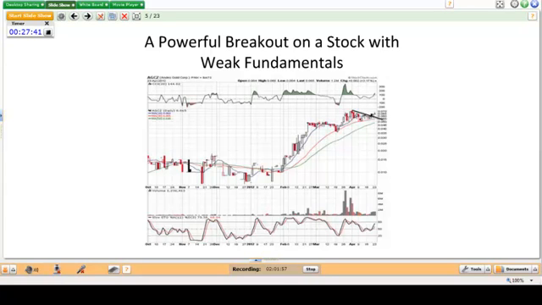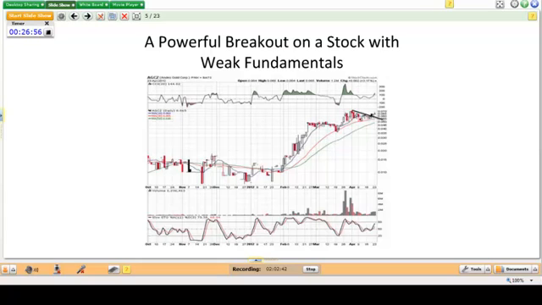This was a small gold stock, and the reason I bring this chart up is that it was in a very bullish chart pattern back then. The stock went into a bull flag or high tight flag, which occurs when the stock moves up very quickly and makes a huge price gain within a couple months, and then moves sideways for a few days to a few weeks, and then starts this next move higher by breaking out of, in this case, the downtrend and the pennant. This is more of a pennant, more so than a flag, but my point is that it broke out of a very strong chart pattern,